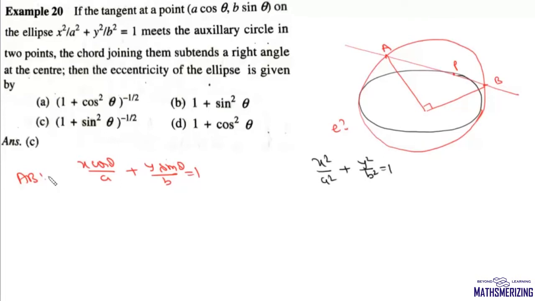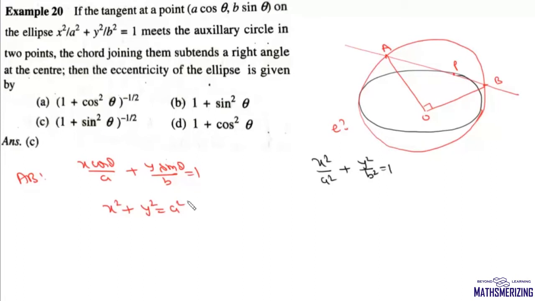Now we'll find the equation of the pair of lines passing through the origin and joining the points of intersection of this line and this given curve. You must have studied in pair of straight lines that if we need to find the equation of the pair of lines joining the points of intersection of a line and a curve to the origin, then we'll need to make the curve homogeneous. So we'll need to find the intersection of this line and this circle, which is the auxiliary circle. The equation of the auxiliary circle is x square plus y square equals a square.